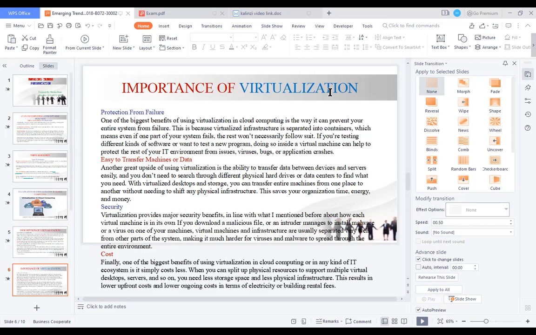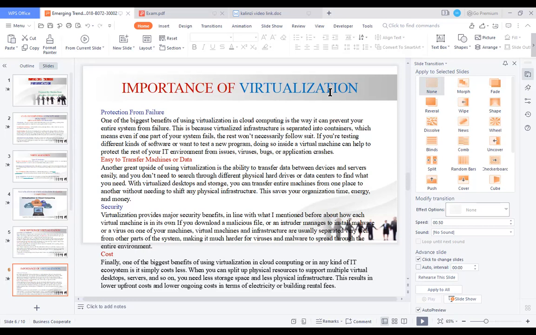The resources help the user to get everything he needs without any cost or without high cost. Here it means that, finally, from the explanation, when you have virtualization connected in cloud computing or any kind of IT ecosystem, it is simplified and costs less.